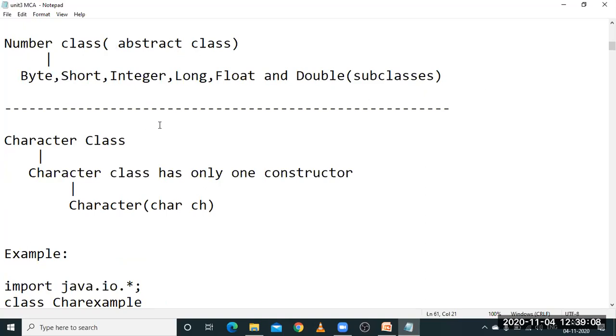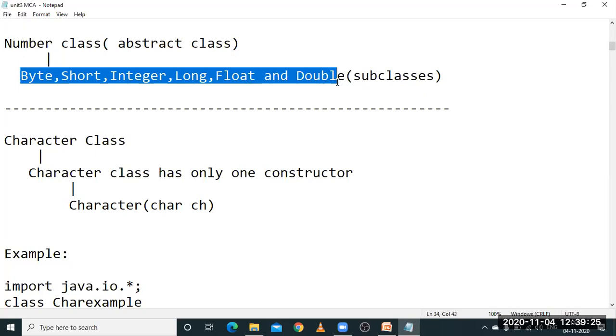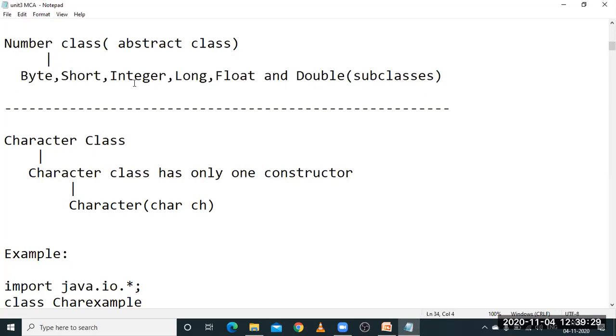Next, you have a wrapper class, the Number class, which is one kind of wrapper class and is an abstract class. What is an abstract class and how it behaves, we will discuss later. But Number is an abstract class, and these are its subclasses: Byte, Short, Integer, Long, Float, and Double.